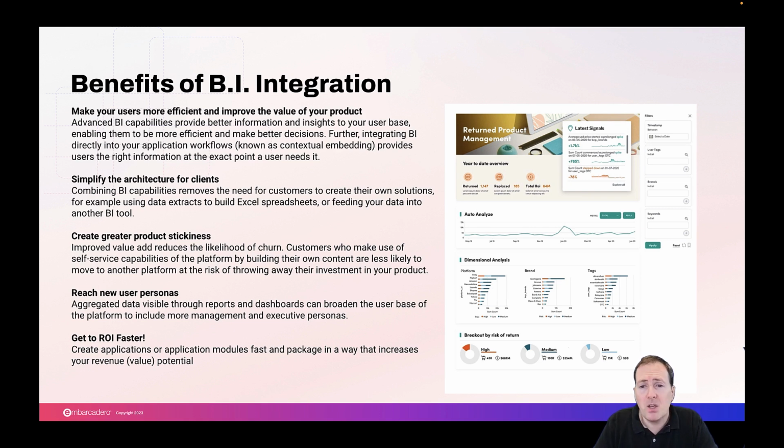It can make your applications a lot more sticky, because when customers start using this kind of capability, it becomes critical and essential to what they're doing. And the ability to share this type of capability across different platforms really makes it super beneficial. It also helps improve some of the workflows, being able to link systems and launch systems from one to the other. It also helps you reach out to a whole new, broader persona,